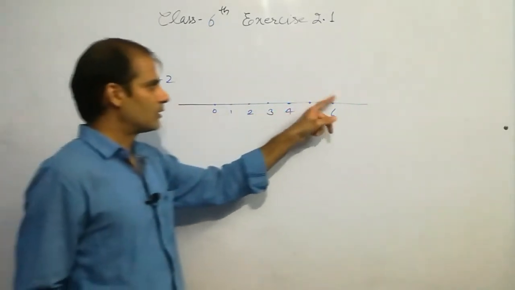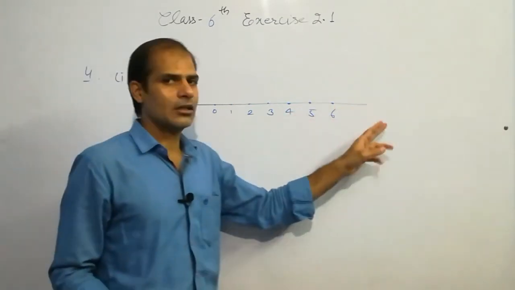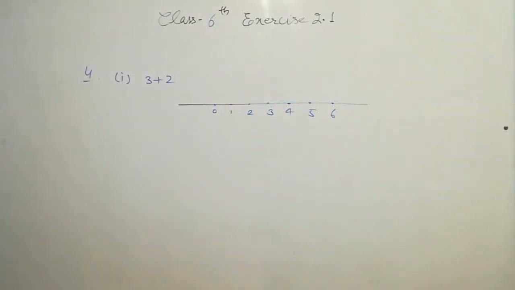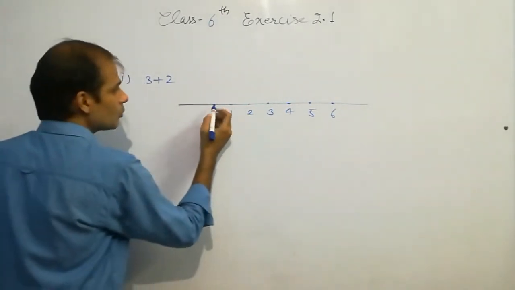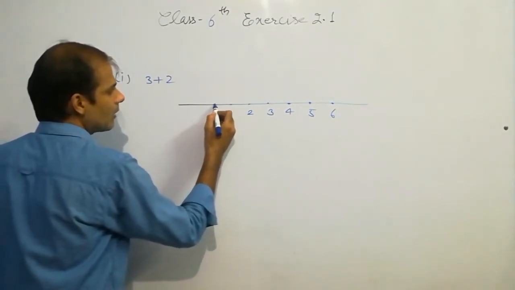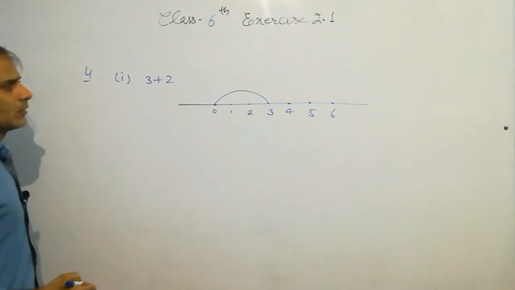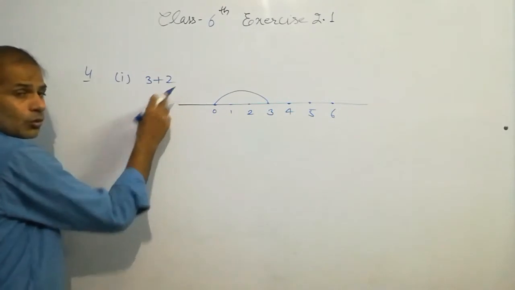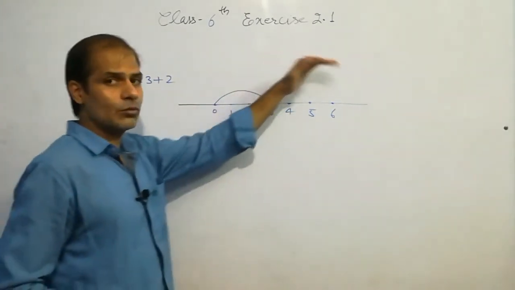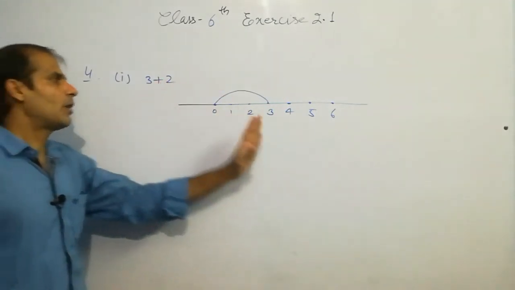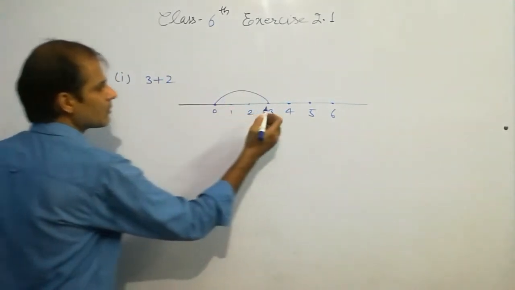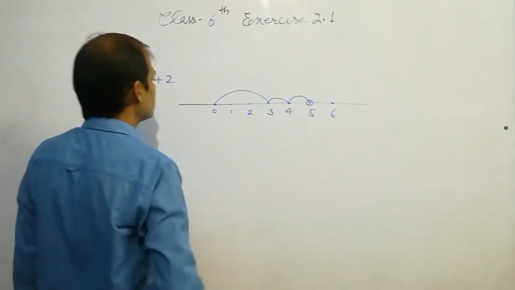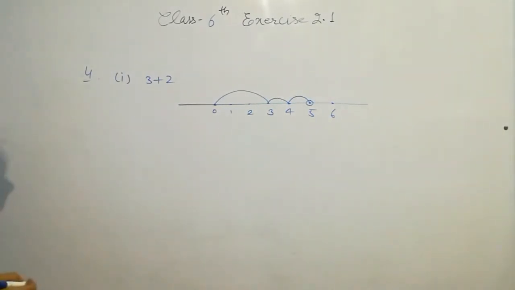So you have to mention one number more than 5, 6 and 7. Okay, either 6 or 7, till 6 or 7 is sufficient. Now start with 3. 3 means you just start from 0 and mark the point 3. Okay, reach to the point 3, then plus 2. If there is a plus sign, you have to move to right hand side. If there is minus sign, you have to move to the left hand side. Plus 2 means 2 more, so it is 1 2. This is the answer. Okay, and the answer is 5.